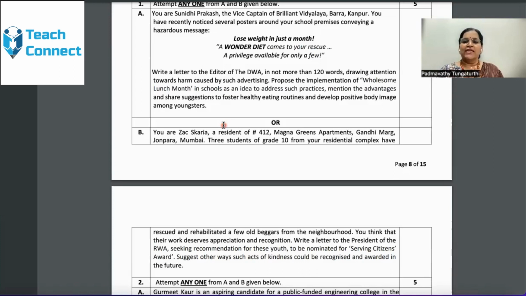The first point should be religiously mentioned about harm caused by such advertising. That's the first point. The student is now going to propose the implementation of wholesome lunch month in schools. This is an idea to address such practices. The second one, advantages. Share the suggestions to foster only healthy eating routine. Fifth one, develop positive body image among youngsters.